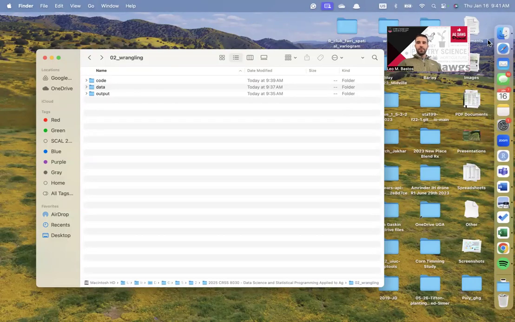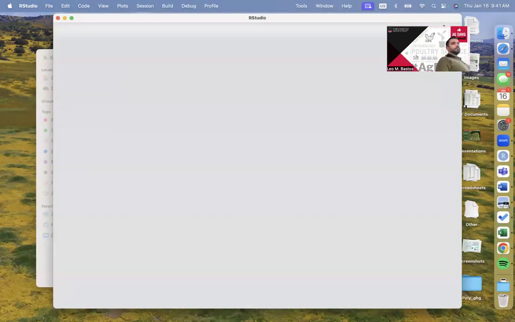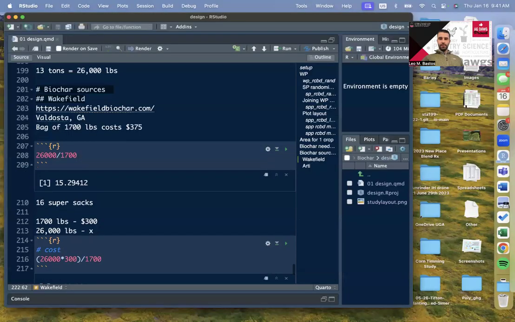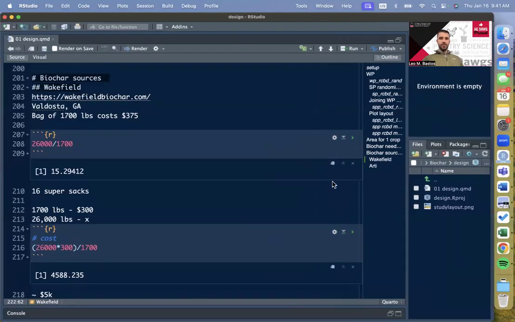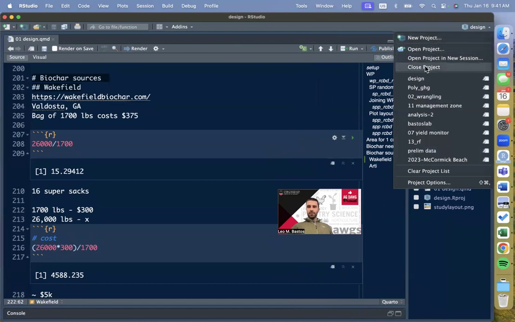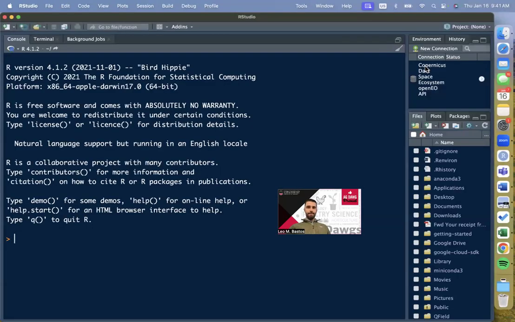You can do that on your side if you want as well. If you have not been using RStudio projects, you will most likely, let me just give it a second to launch, and then I'll show you a few things here. So if you have not been using RStudio projects, you probably have here, well, let me close this so we can have a similar view. You're probably seeing project none, right, on the top right, which if you're not using RStudio projects, that's the default